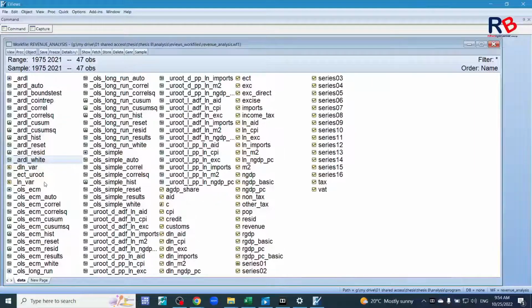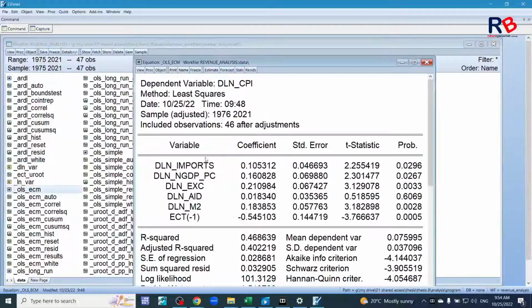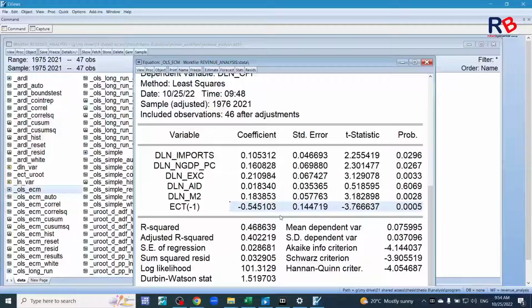So now all these results, all these diagnostic tests, are related to the ARDL, and similarly these diagnostic tests are related to the OLS ECM, that is the error correction term. Similarly, this must be negative as seen in the ARDL. And here we can also see the Durbin-Watson statistic. It's the statistic for autocorrelation, and it must be near 2. It seems that the model suffers from autocorrelation,